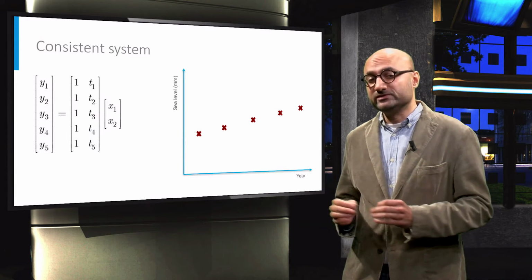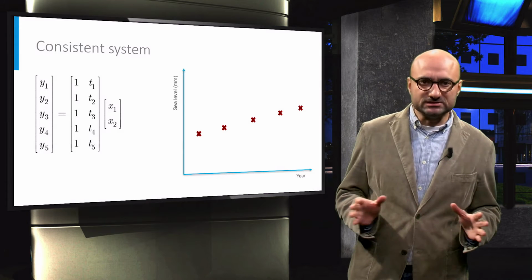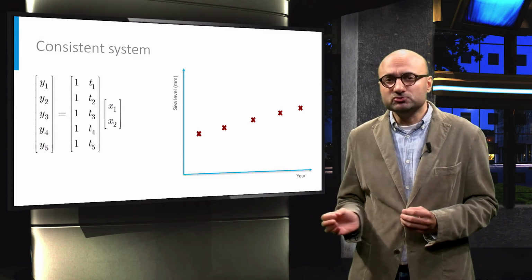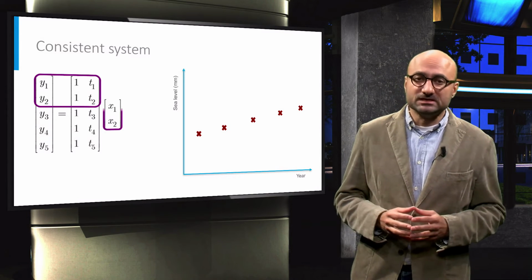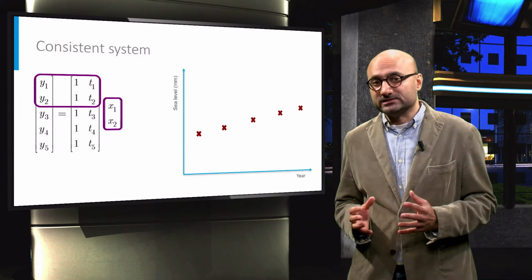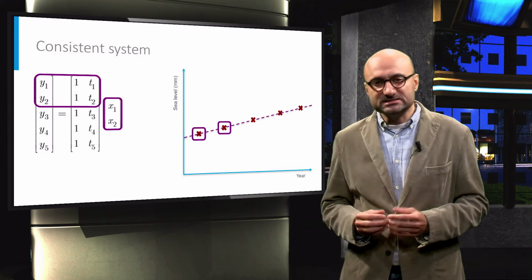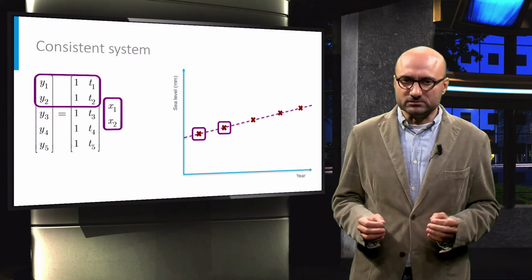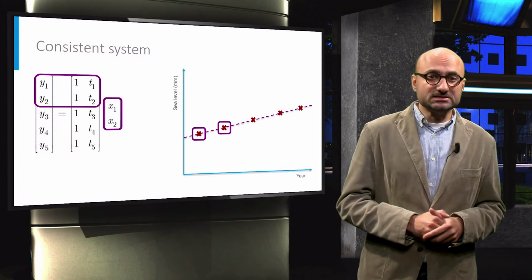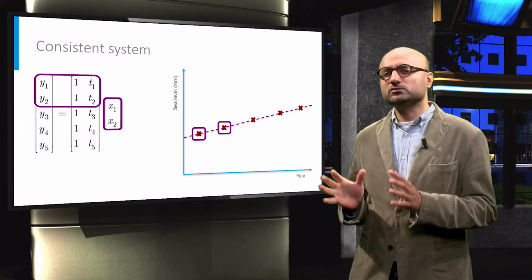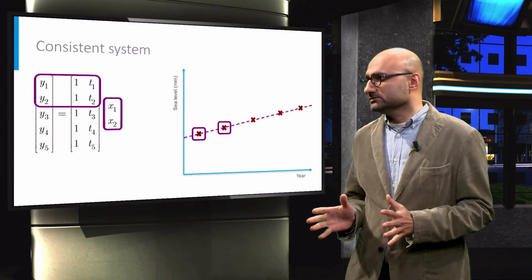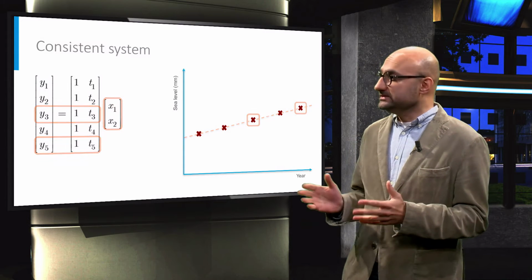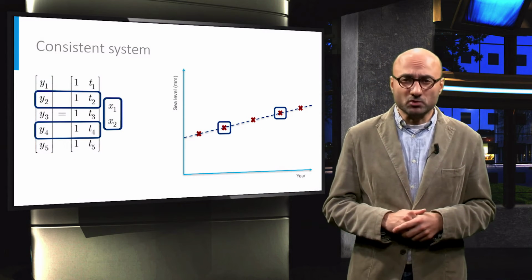In this noise-free scenario, the system of equations is consistent, and in order to solve it, it is enough to take just 2 of the equations, for example, these 2, which are associated with these 2 points, and simply solve this system of 2 observations in 2 unknowns. And since the system is consistent, any set of 2 equations, for example, these 2 or these ones, provides exactly